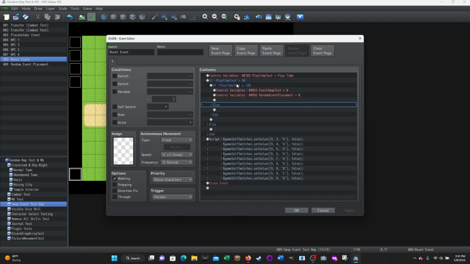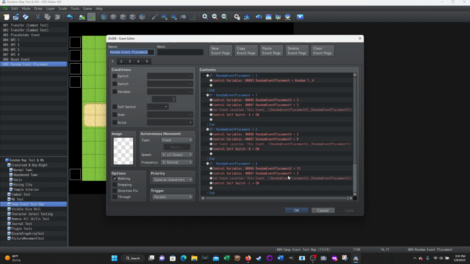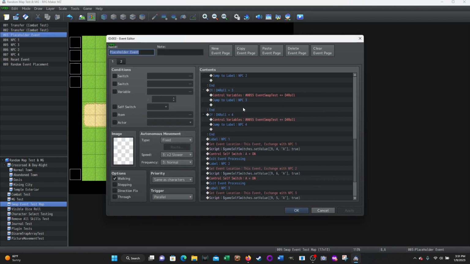If playtime test, this variable, is greater than 60, that means it's greater than 60 seconds, and if playtime test is less than or equal to 120. So if this variable is basically between 61 and 120, then it's going to set event swap test back to 0. That's what makes that middle event redetermine which event to swap with. And it changes the random event placement to 0. That was this one over here, random event placement, right? And this one was